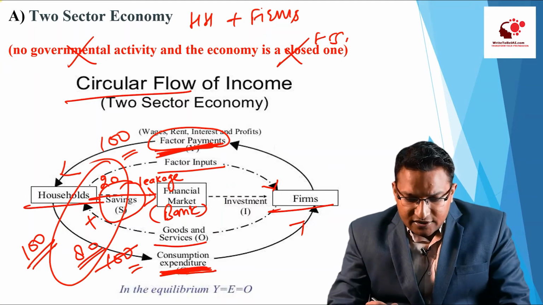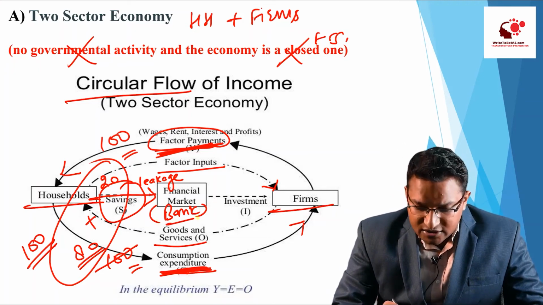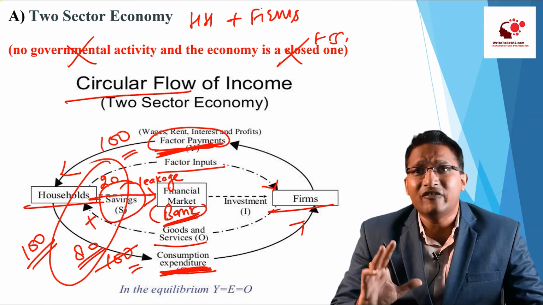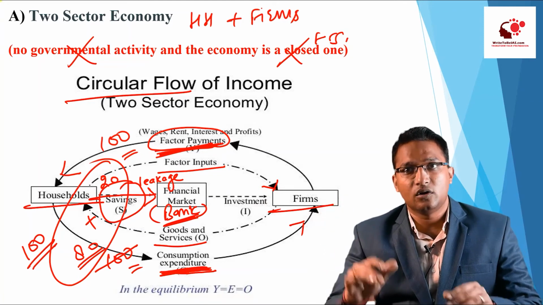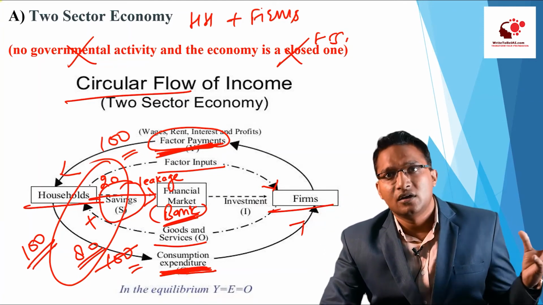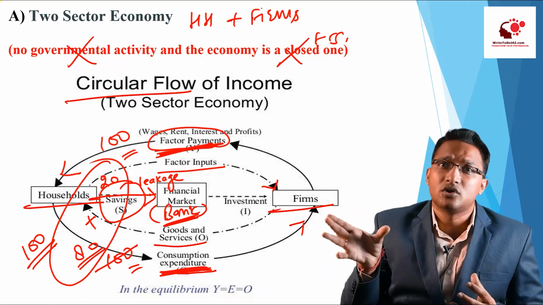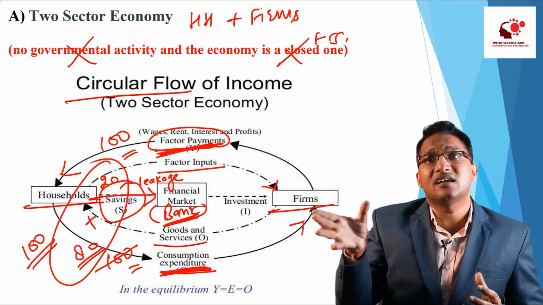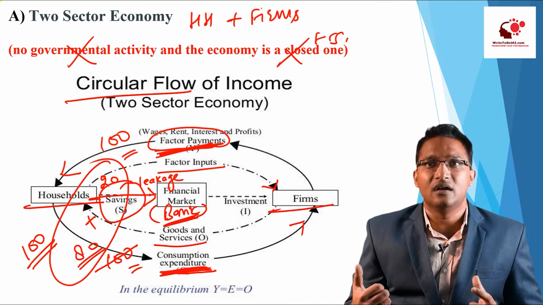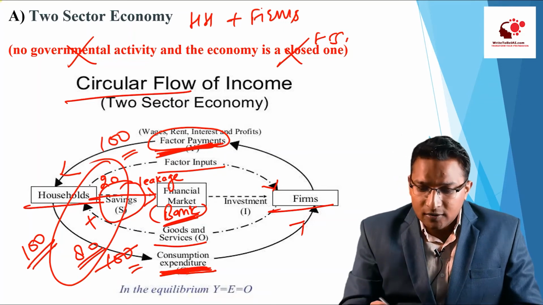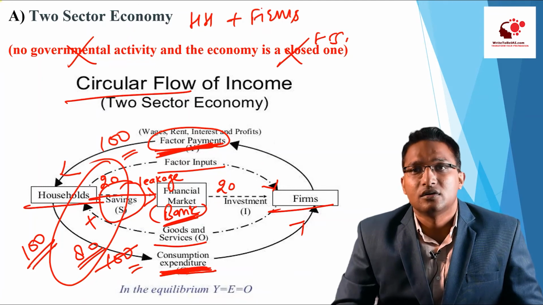Now, this 20 rupees which have been kept by the household into his bank account, the bank will give that money to the firms, right? So what is the business of bank? The business of bank is to receive the money from the customer and then give it as the loan to another customer. And these other customers are mostly the businessmen who are requiring the capital for their business investment. So this 20 rupees has actually given by the bank to the firm.